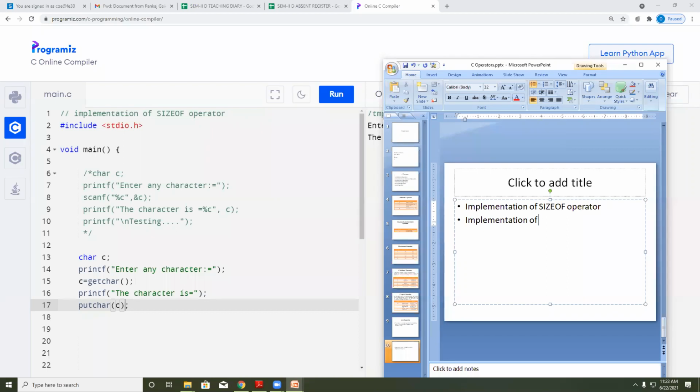Implementation of character data type by using scanf, printf, getchar, and putchar.